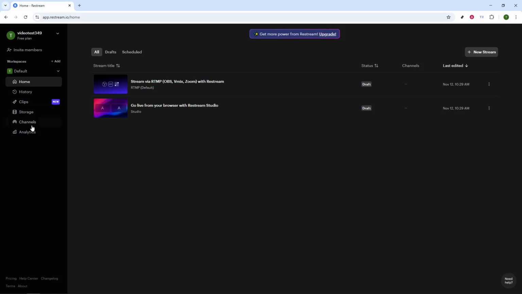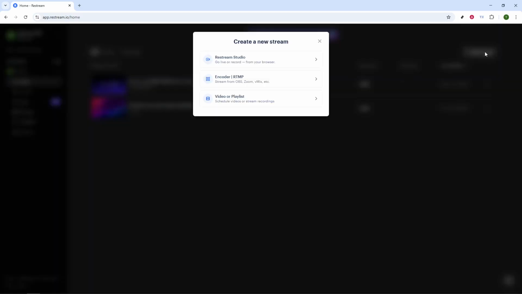With your channel successfully added, the next step is to choose your preferred streaming method. Restream offers a few versatile options here. If you want to keep things simple, consider using the browser-based studio, known as Restream Studio. This option allows you to stream directly from your browser using your camera, microphone, screen share, and even bring in guest invites. Alternatively, if you're familiar with streaming software like OBS Studio, you can use Restream as your multi-streaming destination